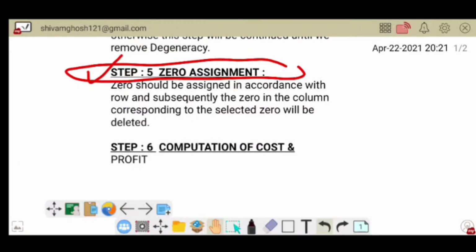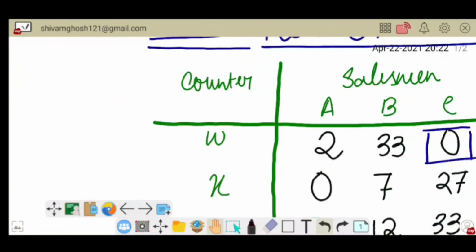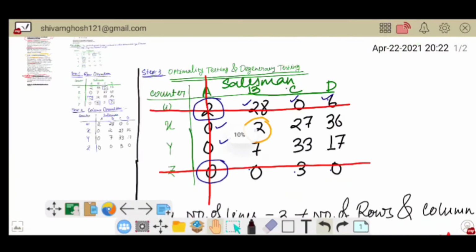Assignment means select. मैंने पहले ही बता दिया था जब हमने ये चैप्टर स्टार्ट किया था। ये चैप्टर का नाम है असाइनमेंट। असाइनमेंट मीन प्रॉपरली रिक्रूटमेंट। So we have to recruit 0, we have to select 0. So 0 selection is in step 5. So 0 should be assigned, 0 should be selected in accordance with row. So हमको इस रो से 0 को सिलेक्ट करना है और subsequently the 0 in the column corresponding to the selected 0. अगर हमने जो 0 सिलेक्ट करेंगे उसके कॉरेस्पॉन्डिंग कॉलम में कोई और 0 रहेंगे तो उसको हम कैंसिल कर देंगे। तो हमको ऐसे ही कैंसिल करना होगा।